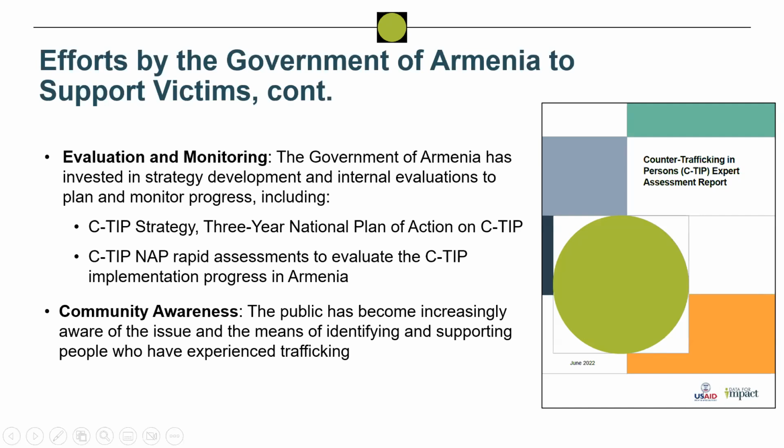The more profound assessment started in February and ended in July, and we published our report as the Counter-Trafficking Expert Assessment Report. This report is the key document, the main document of the last, I would say, 6 years in Armenia